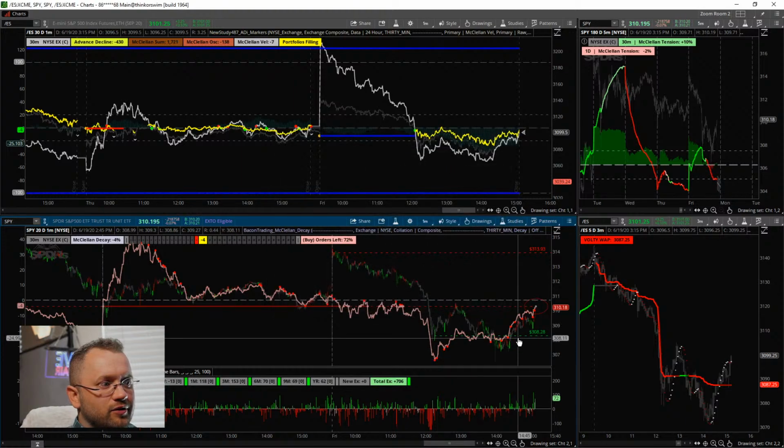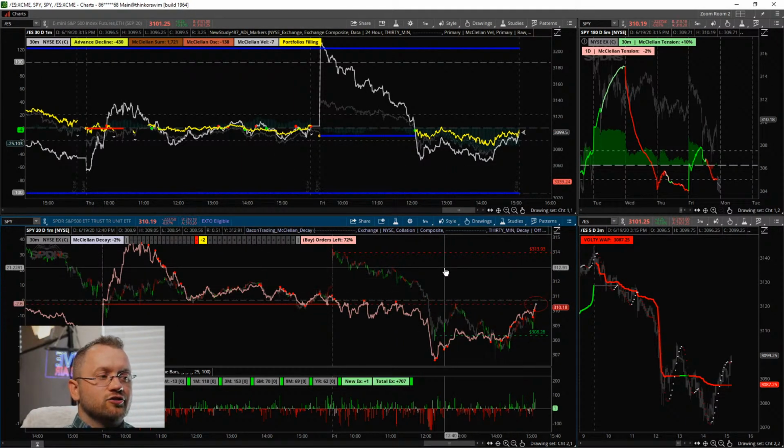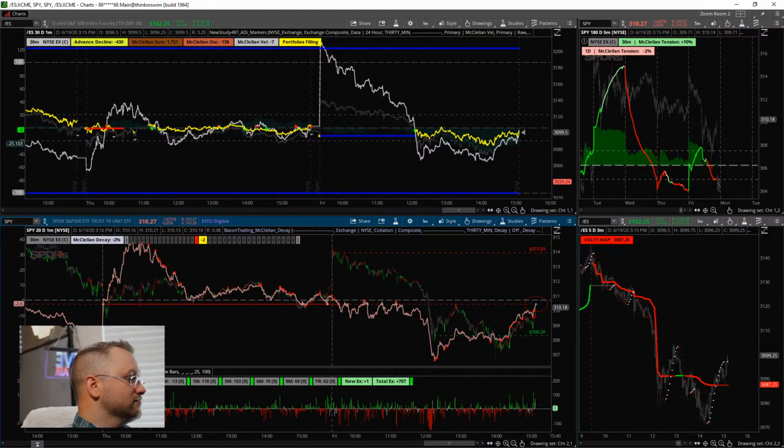Let me color that one green. We'll say this is where the bulls are sitting right there at the end of that. Here's where the bears are sitting at the end of that. So you know that if one of these players wins and they establish something, oh, this is interesting. So it's continuing. There's people coming in.